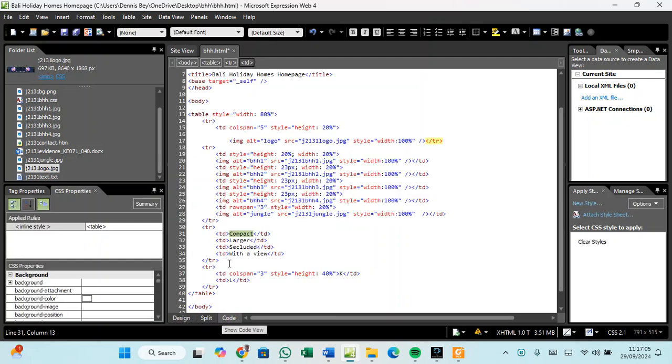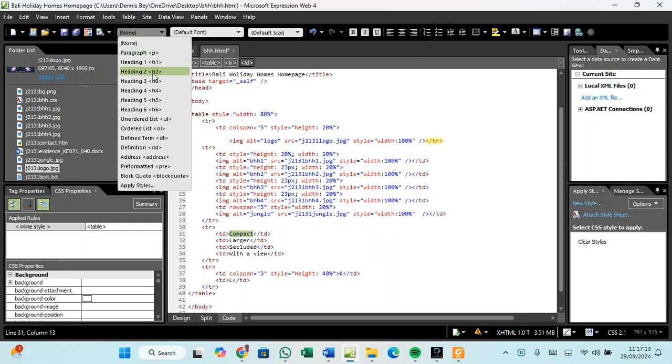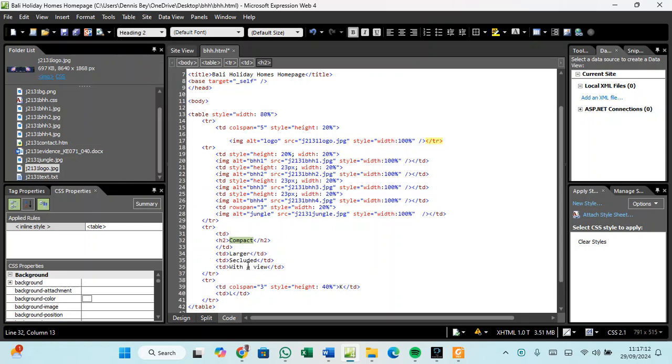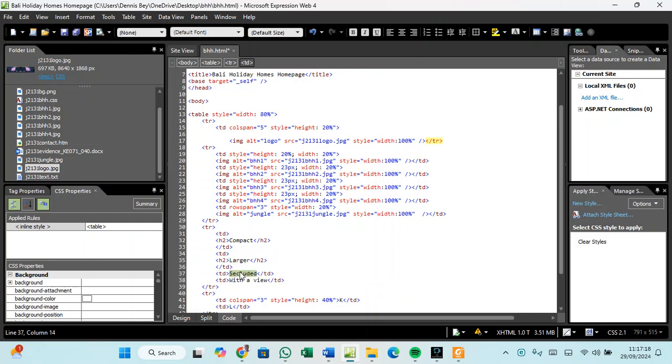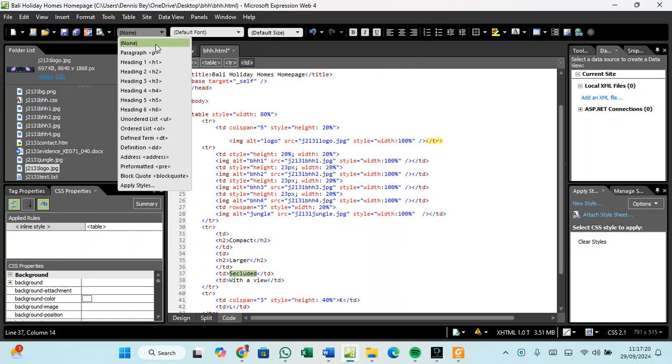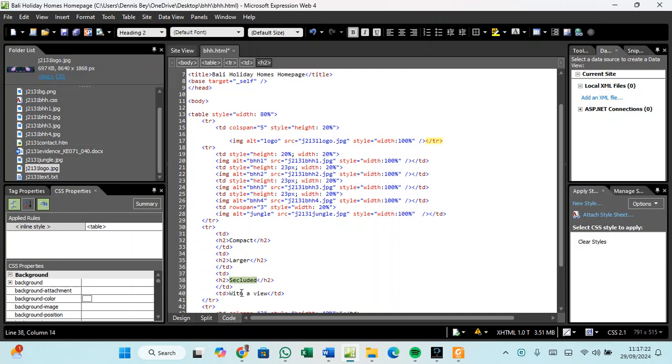When I come back, it is now working. So I'll click here, then I give it heading 2. I don't know if you saw what I did there. And then the word larger also, now I can give it heading 2. And then secluded also, I give it heading 2. And then with a view,